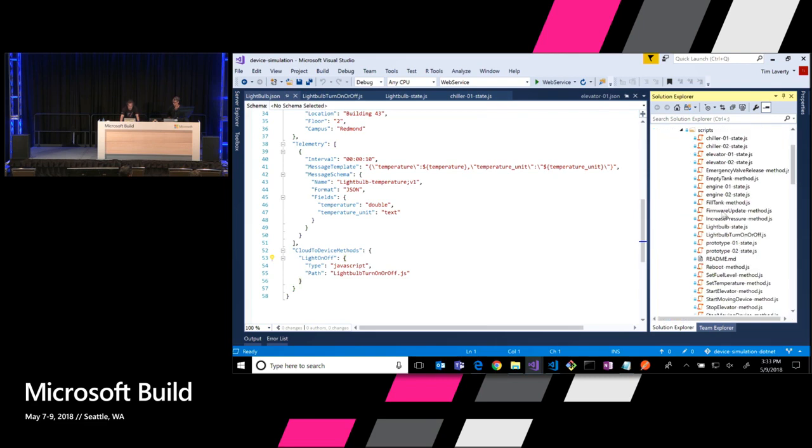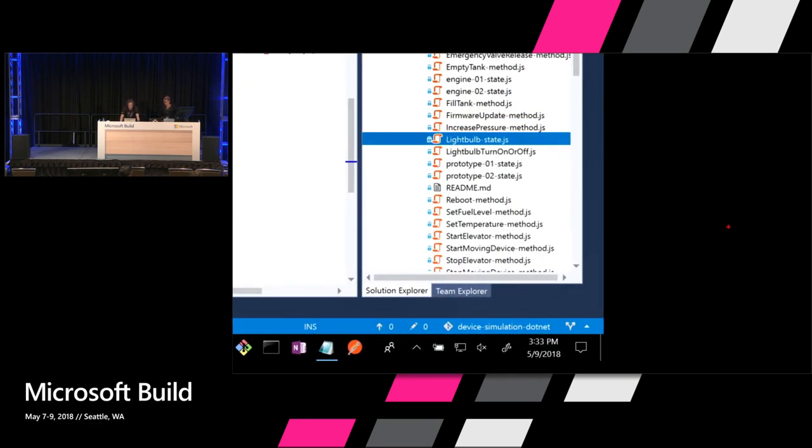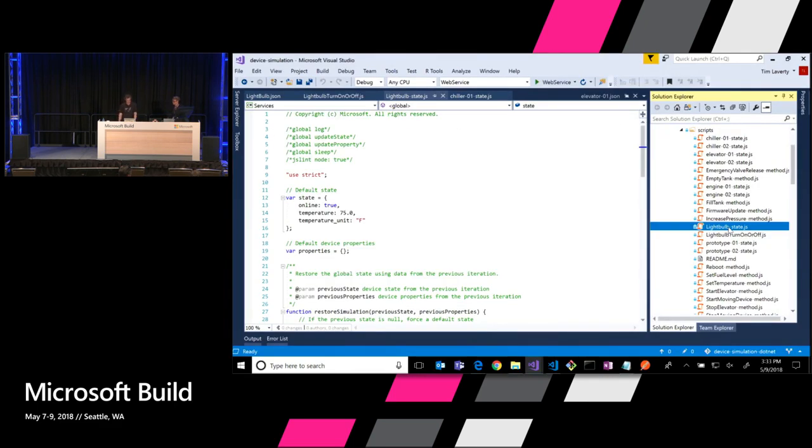If you look under the scripts folder, here we have our state machine file, and we've got our method implementation JavaScript file as well. That's it. Building this JSON file, building the supporting JavaScript files for state machine and method implementation. They plug into the code base, and the simulator will simulate them. I've already configured this particular code to just simulate one light bulb. That's it. So if we run this,